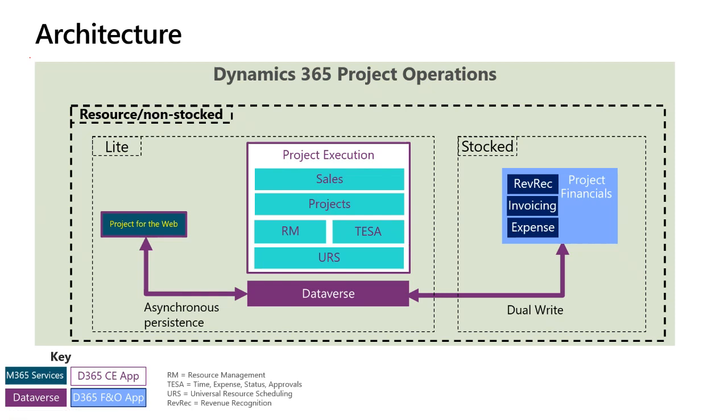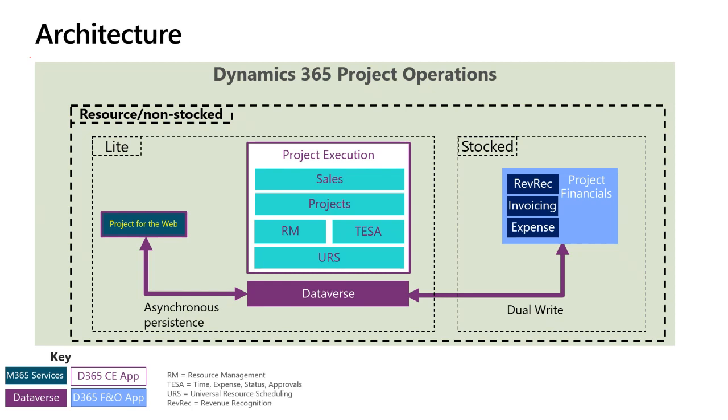Before we actually start, I would like to bring up the architecture of Dynamics 365 Project Operations. You are probably quite familiar with this diagram that shows the three deployment types as well as the components that are part of each one. As mentioned in the beginning, we won't be going into details about when you should be choosing one option or the other, but it is worth reminding that the lite version of Project Operations makes use of Dataverse only